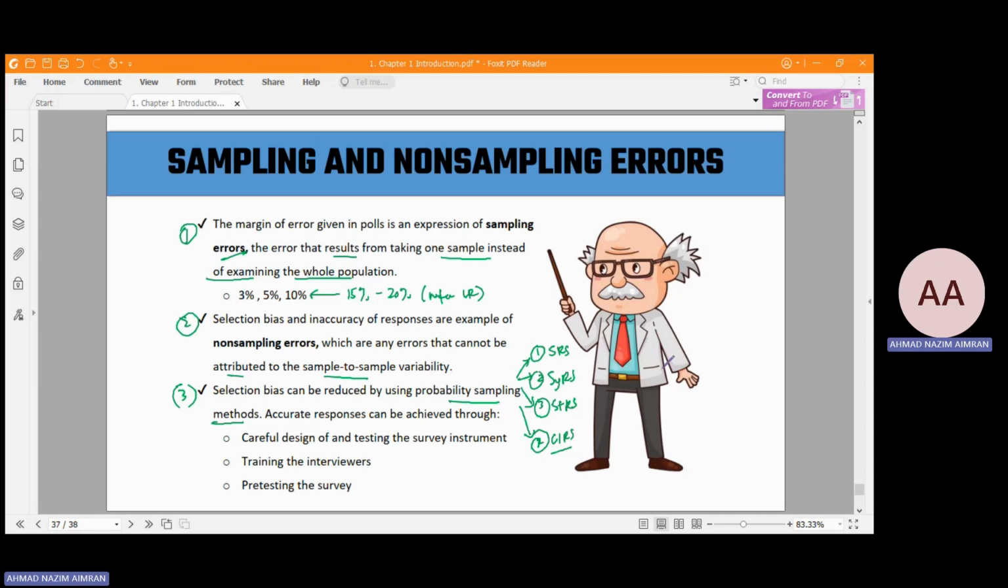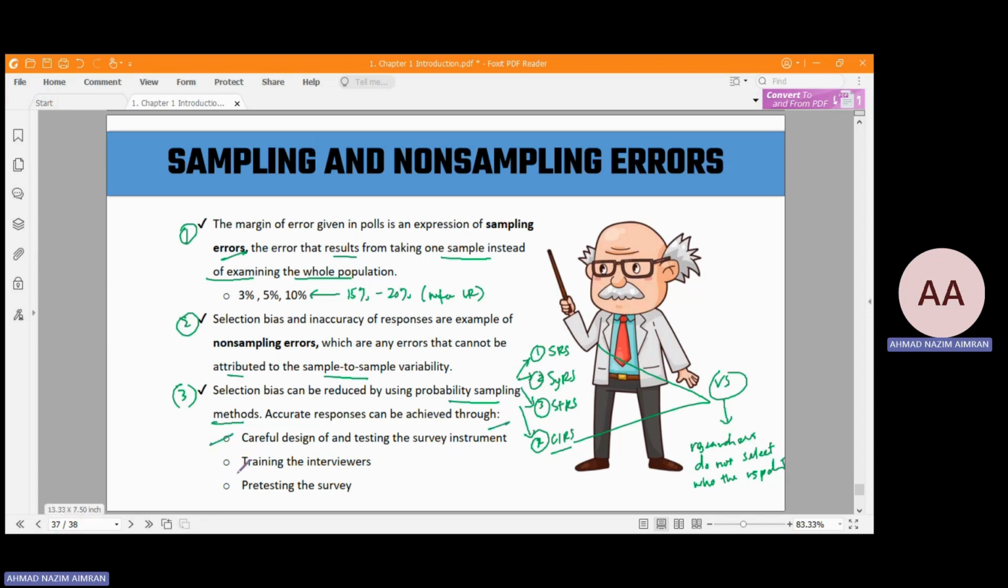Okay, randomly selected means that the researchers do not select the respondents themselves. It is based on the random selection. Okay, it is based on the random selection, and accurate responses can also be achieved through, the first one is